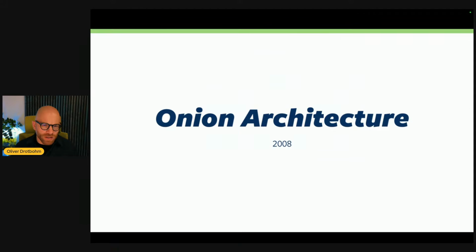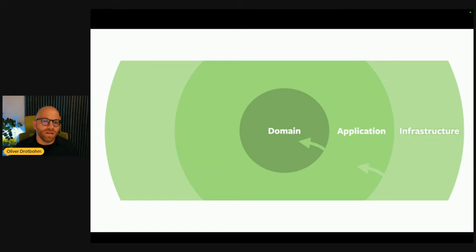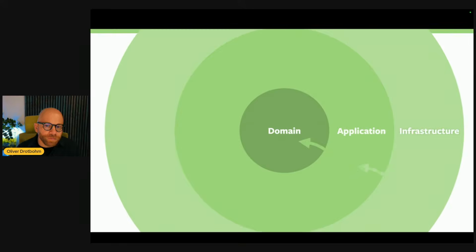Geoffrey Palermo, I think was his name, coined the term onion architecture. It was basically doing similar things. It argues that there's a domain at the center of our application, which is where the talk title was derived from, and there's an application ring around it. So you have application-specific abstractions, like an order process, and the order and zip codes. These fundamental things are part of the domain. And there's an order process that's application-specific that would reside in that ring. And there's an infrastructure ring, and the important bit being that only the outside is allowed to access the inside, right? So it's a bit of a simplified approach, but it's